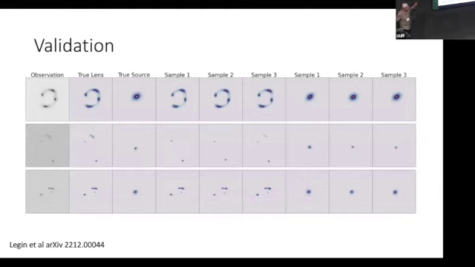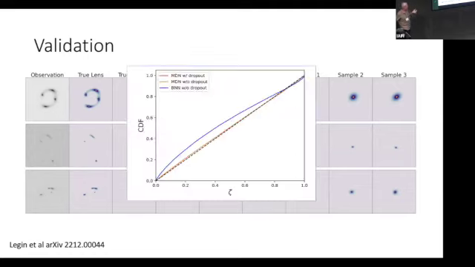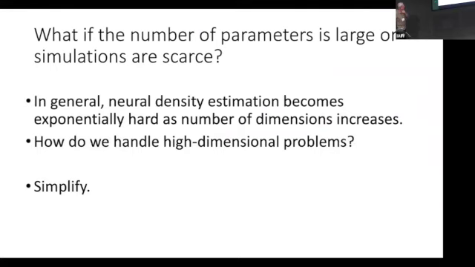So here's just some examples of what these sources look like, and you can then validate this by generating lots of these examples and checking that the true parameters, when you rank them, correspond to the inferred parameters in the right fraction of the time. And this is the two different versions. So ignore the blue curve. The orange curve is the one that works. You want the correspondence to be basically the identity on this diagram.